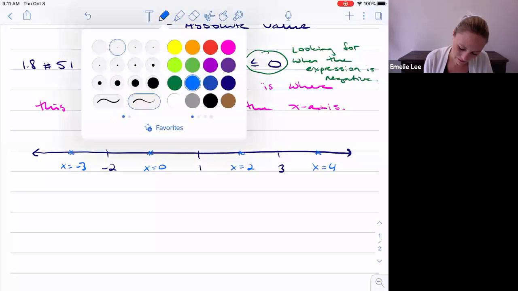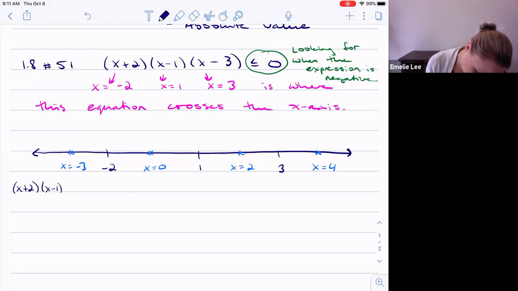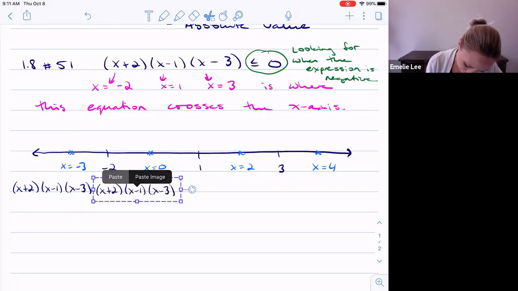Okay. So what I'm going to do is write out this expression, and just try to figure out, if x is less than -2, anything less than -2, well then this thing, I can check what it would look like using x equals -3. -3 plus 2 gives me a negative. And then I go through each of these. So what I have is x plus 2 times x minus 1 times x minus 3. I want to write it pretty small because I want it written out in each of these regions. In fact, I'm going to cheat, do a little copy, paste,